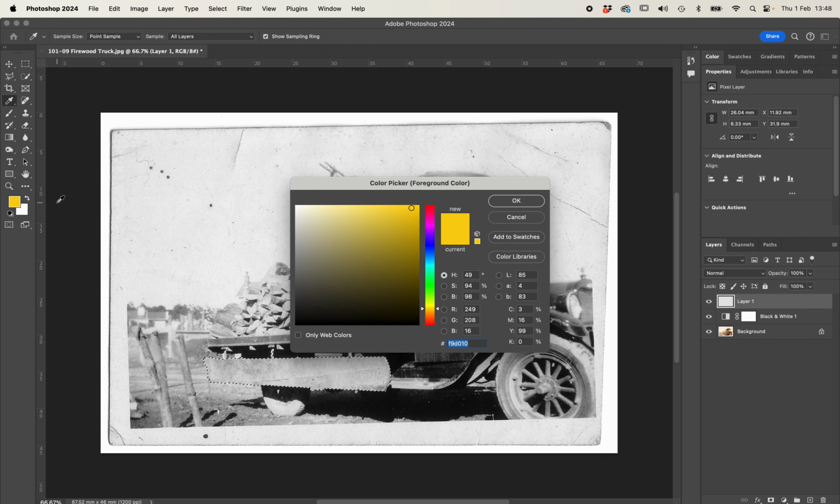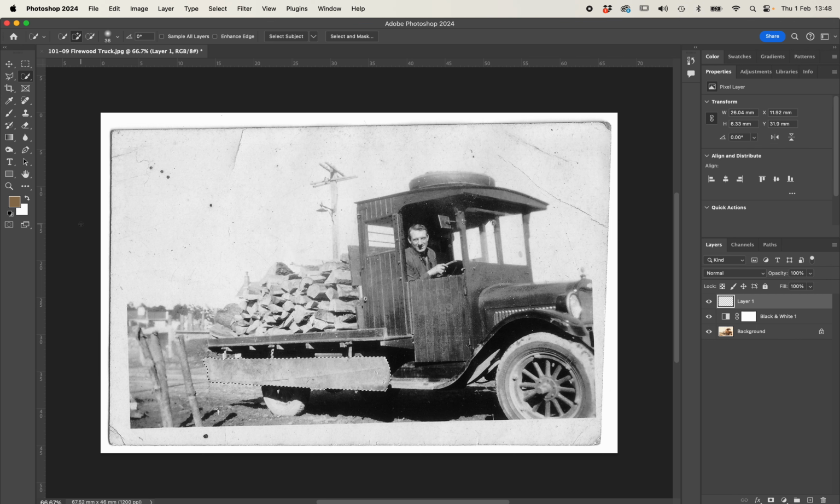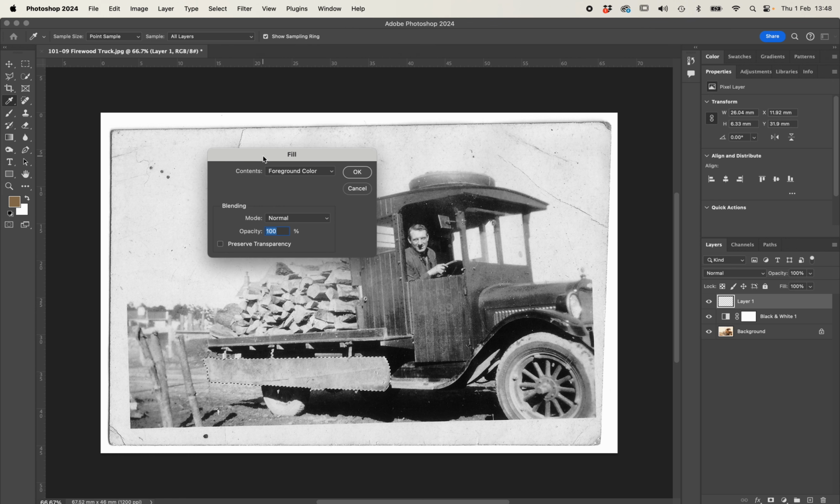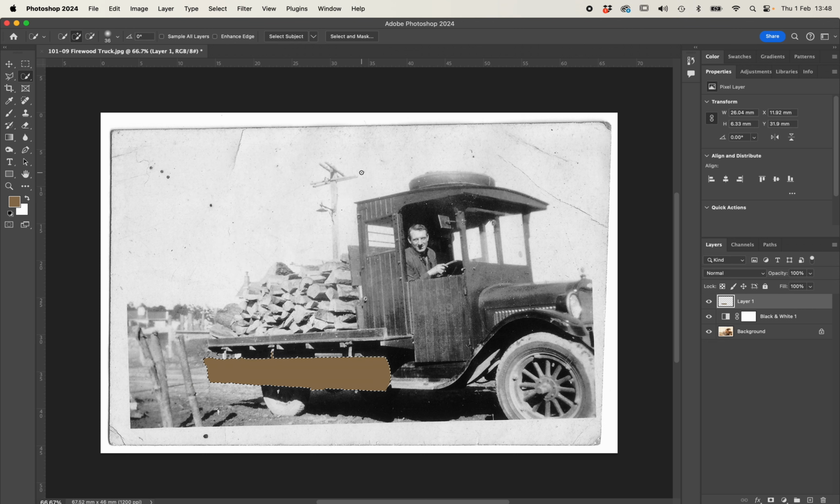And I'm going to choose a different color because I think that board on the truck might be more of a brown color, and I'm going to come over here somewhere, a bit of a dull woody color. So that's my color in the foreground. I'm going to go to Edit and Fill. Now you notice when I go to Fill, here's another area where we've got blending modes, so we can use those modes there as well. I'm just going to go OK, and I've filled that area with that color,